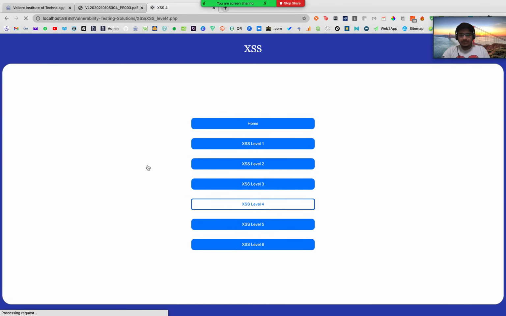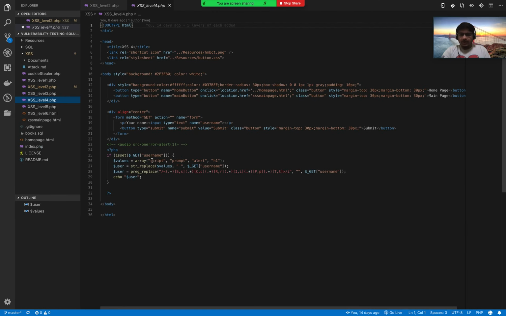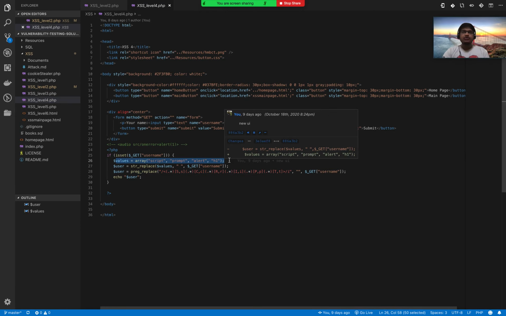Now let's move on to the next level, which is the 4th level. In the 4th level I'm doing two things. First, as in the previous step, I'm using regular expressions, and in addition to that I'm checking for different keywords which I usually use for XSS attacks. For example, alert is a common JavaScript function used, prompt is a common JavaScript function used.